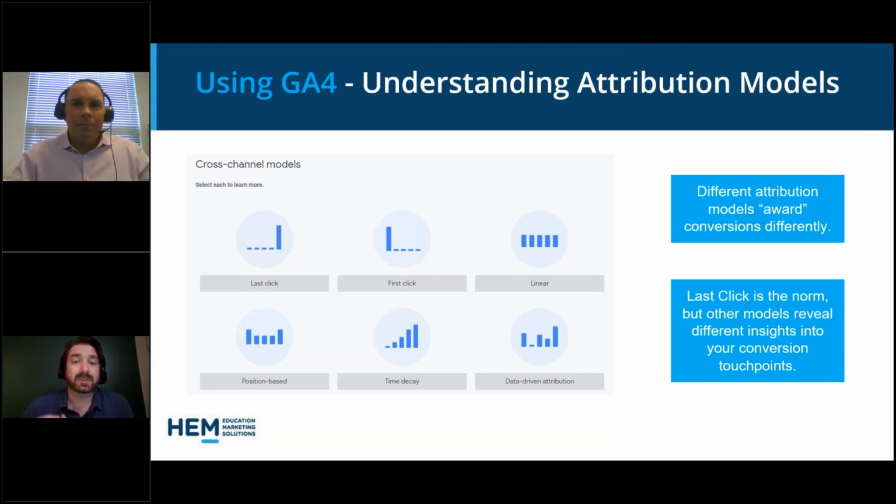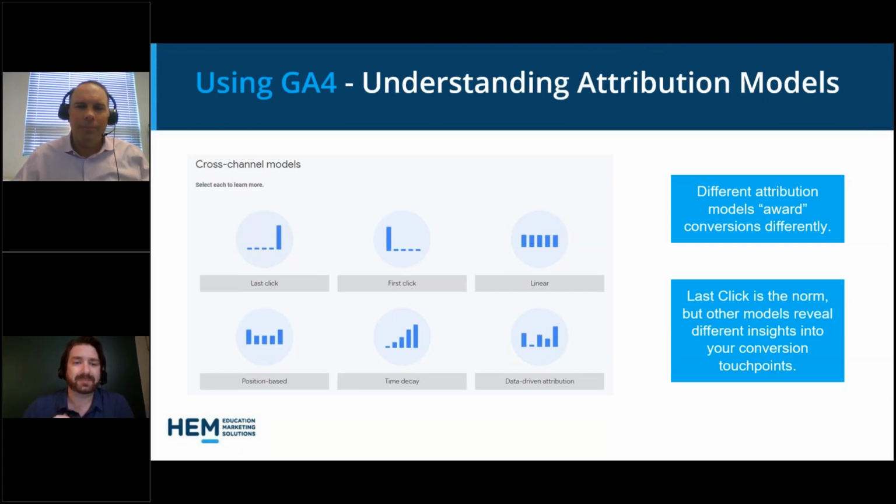And so some of the ways these models work: last click, which is pretty much the predominantly used one for most of marketing, means the last channel or source that a user interacted with gets awarded 100% of the conversion. So say a student visits your site by organic traffic, they sign up for your newsletter, they come in through the newsletter and become a lead that way. It'll just be that final source, maybe the newsletter email, that counts it,